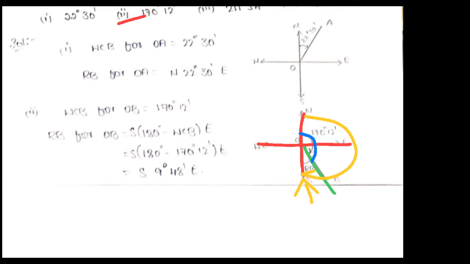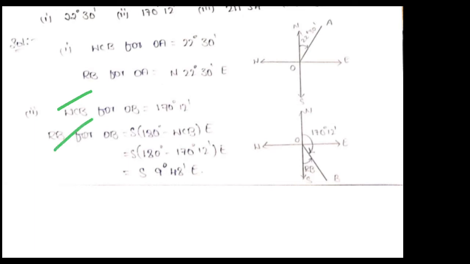If we subtract the WCB angle from this whole 180 degrees, then we will get the reduced bearing angle. Given WCB for OB equal to 170 degrees 12 minutes,